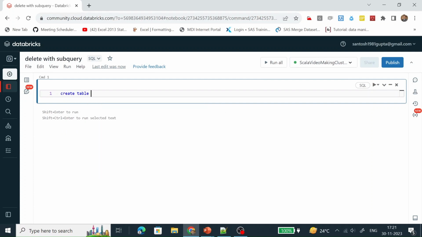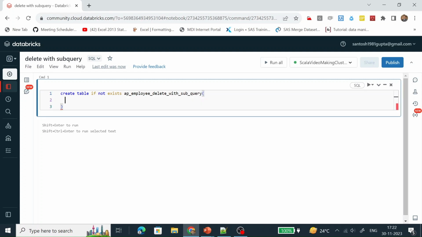Create table if not exists, name of the table is AP employee delete with subquery. These are the columns.